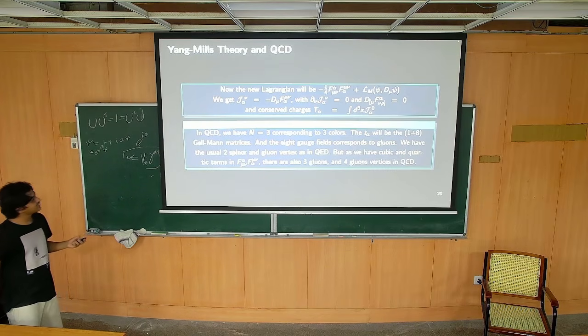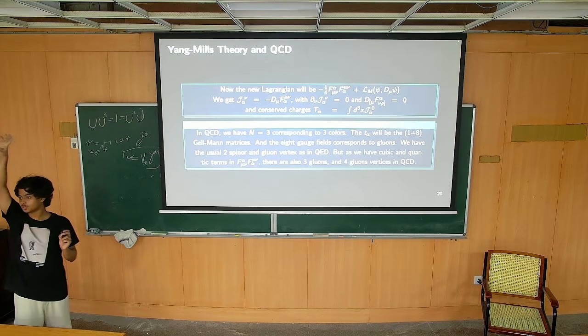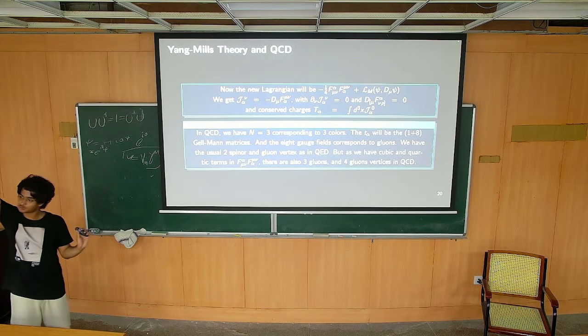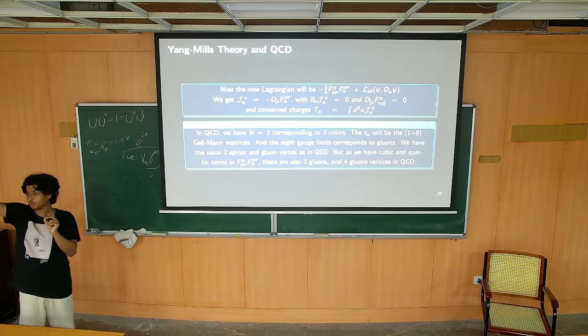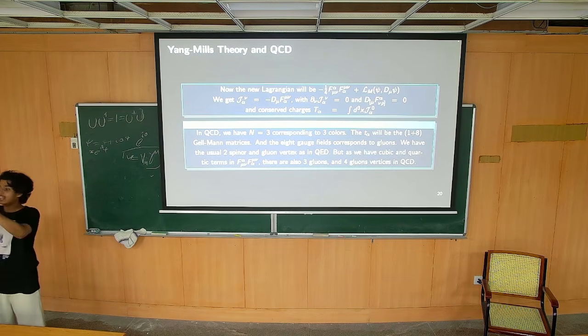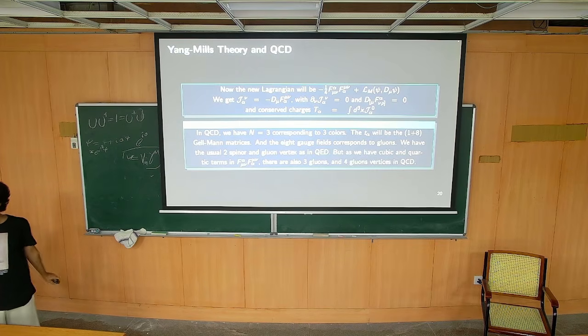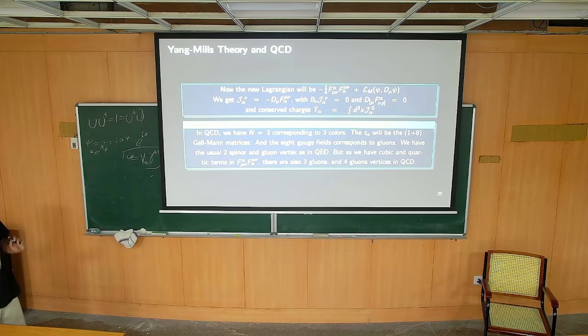So what was I saying? We have the usual vertex. A quark changes color and emits a gluon. A quark takes a gluon, changes color and goes on as a quark. Annihilate into quarks. These kinds of diagrams we already had in QED, except here we have more types of charge because of the color. And we have more, because if you look at the F mu nu